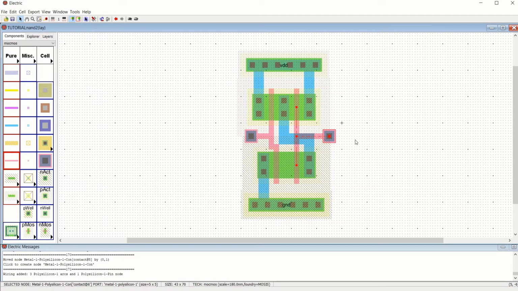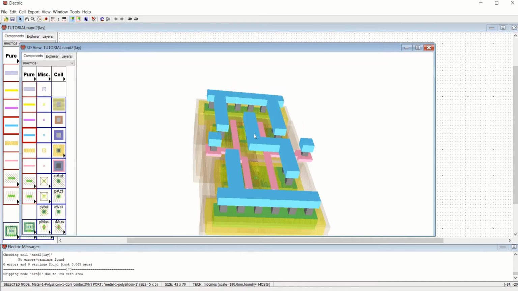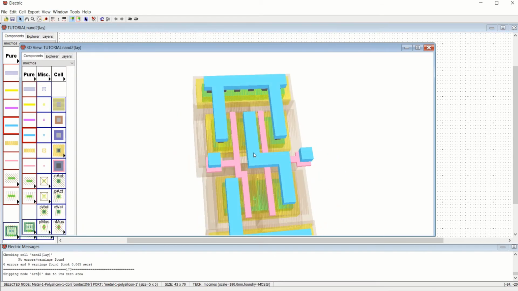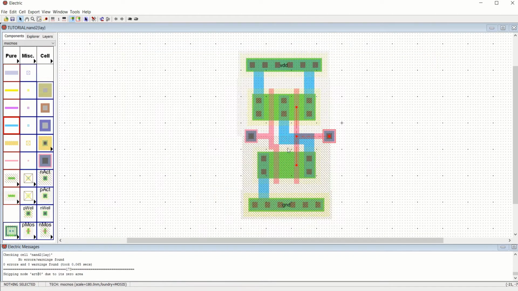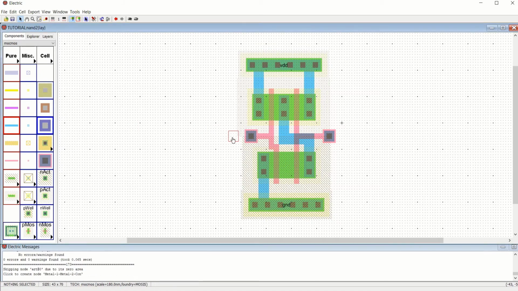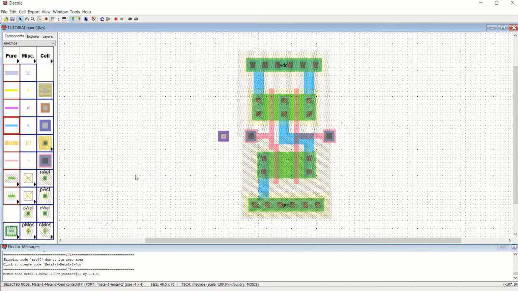This is okay. You can check for tools, DRC, check hierarchically. It is okay. And you can see the 3D view as well of this design. You can see the 3D view, how it is connected. It is connected. I have to name this also. So what I will do is, instead of directly naming here, I'll be using a metal 1, metal 2 contact for all to show the metal 2 routing on the top. So you can see that what is the difference here. Window, 3D window, 3D view.